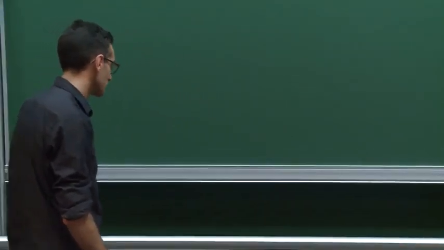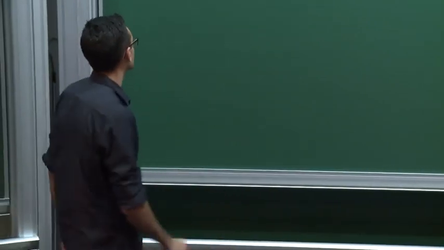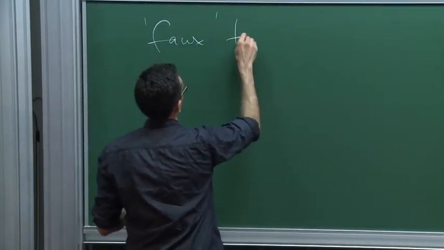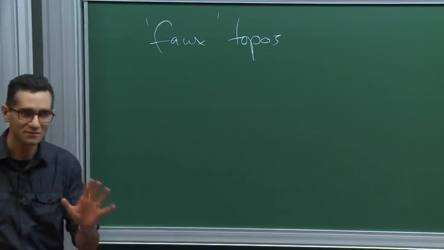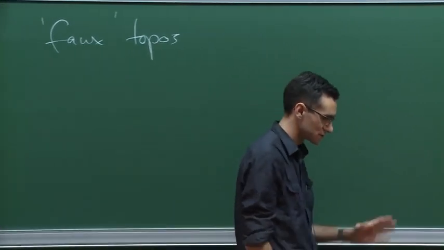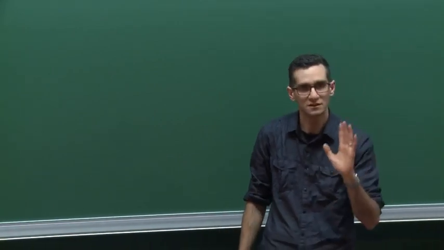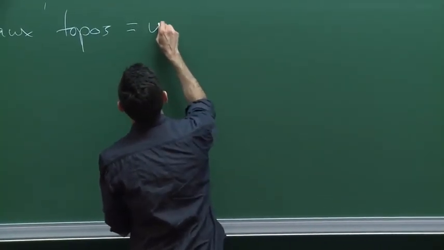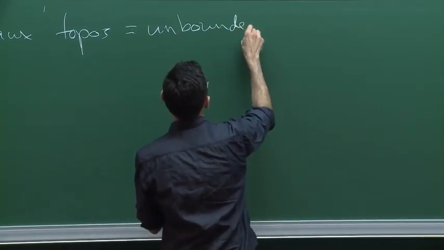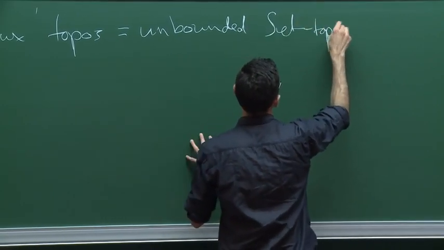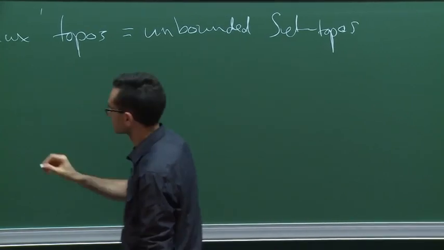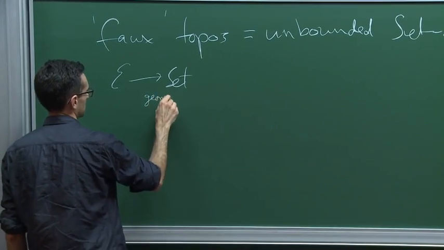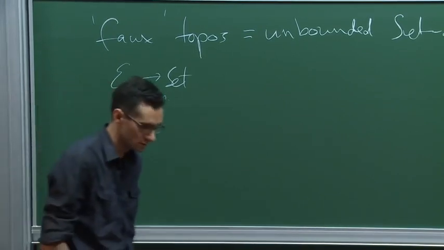All right. So there's two notions from SGA which I found very beautiful. This notion of four topos. This is from Grothendieck and Verdier and so on. This is because they were thinking Grothendieck toposes. And so for us, this is an unbounded set topos. So this is a topos with a geometric morphism to set. But E is not a Grothendieck topos.